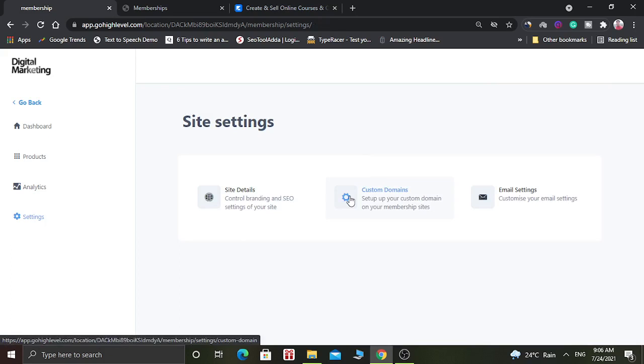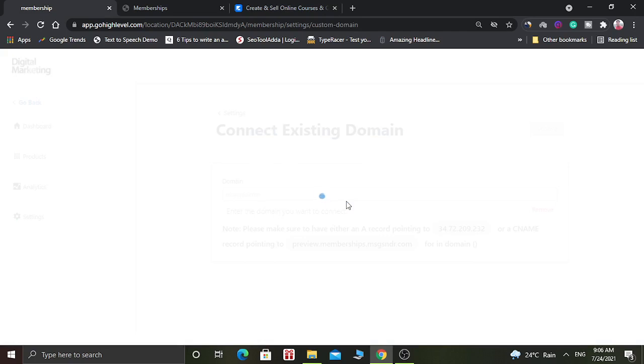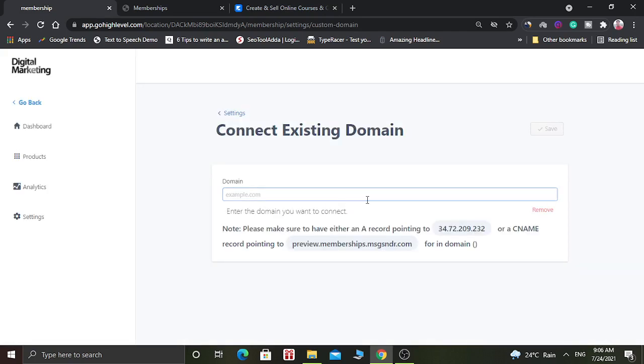Suppose you want your membership site to load on a custom domain, then you can add a custom domain from this setting. Here you can add your domain and connect it from here. You have to point the A record to this IP address, or the CNAME record to this website, and it will be connected as a new domain.